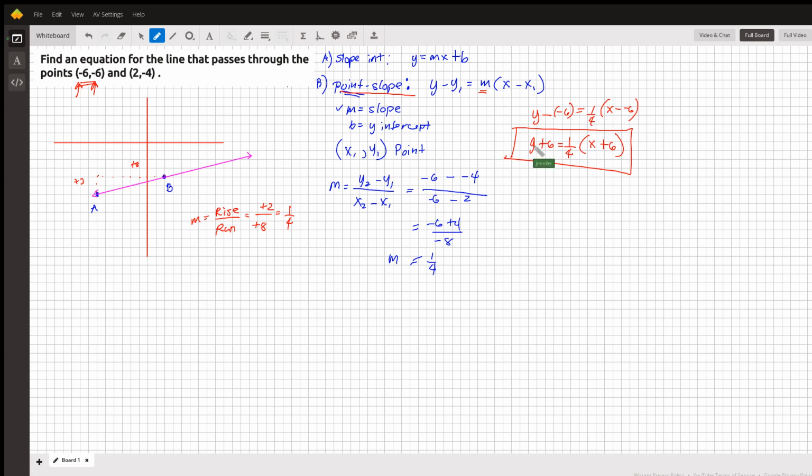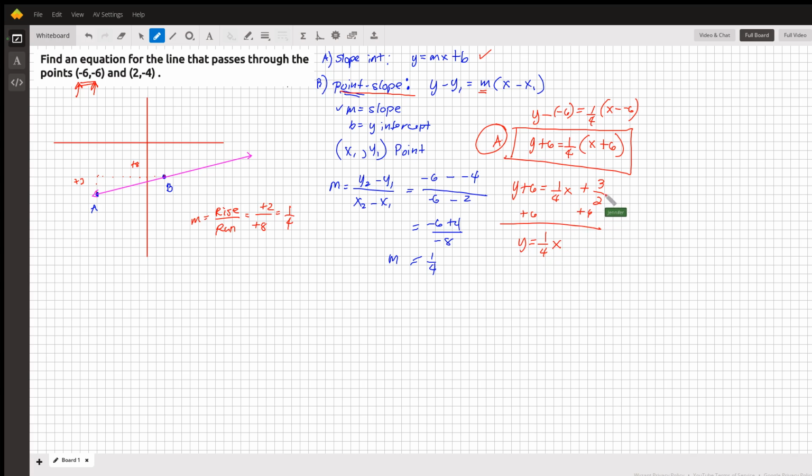You can also simplify this by distributing so that it will look like the slope-intercept form. So this is okay for now, but let's do a simplification so you have an option. I'm going to distribute the 1/4. So y minus 6 equals 1/4 x, and then 1/4 times 6 equals 3/2. Now I'm going to add 6 on both sides, so y equals 1/4 x